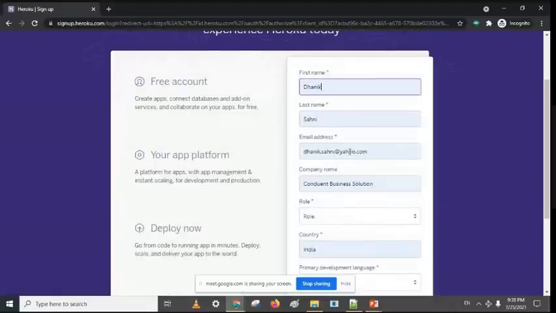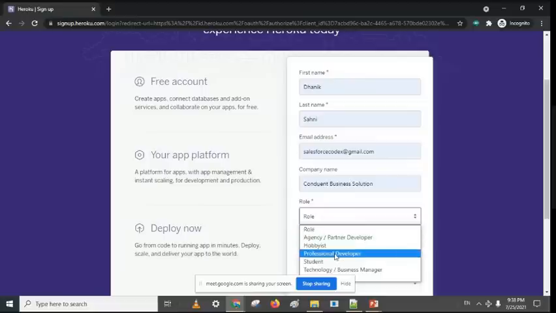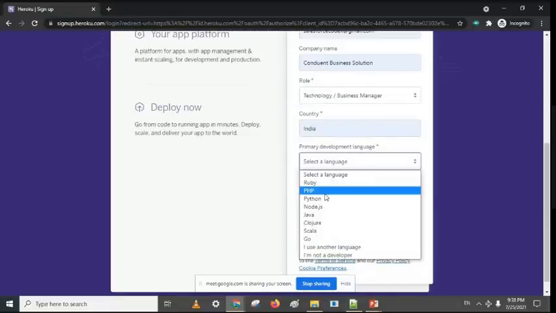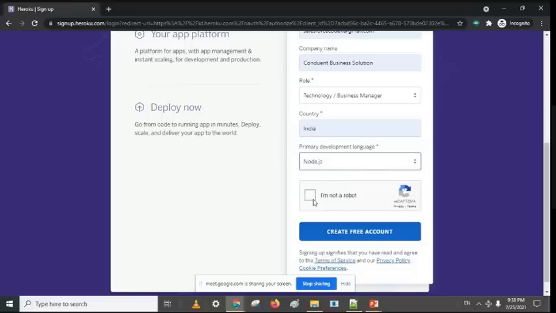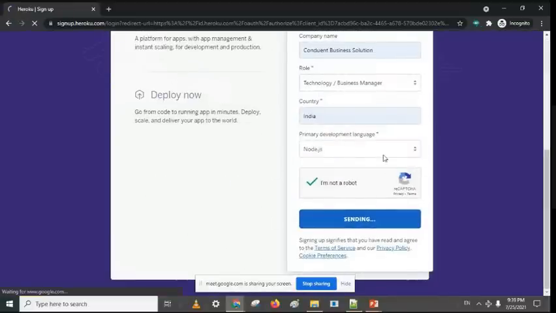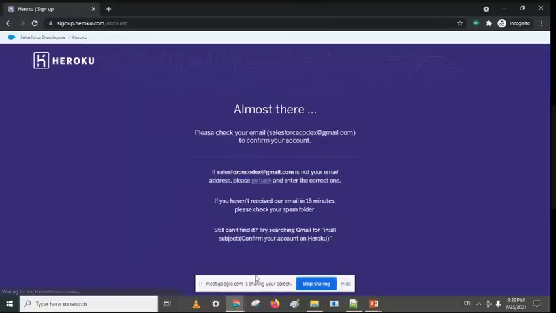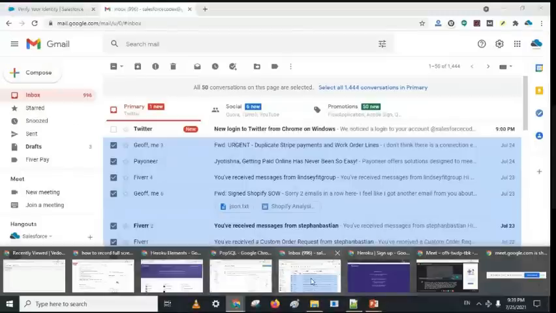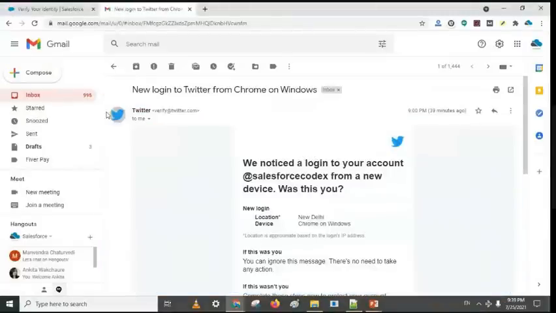Use whatever email ID you want, whatever profession you belong to, and which language you want to use for your system. I'm using Node.js and I've clicked create free account. After that, we have to verify this.